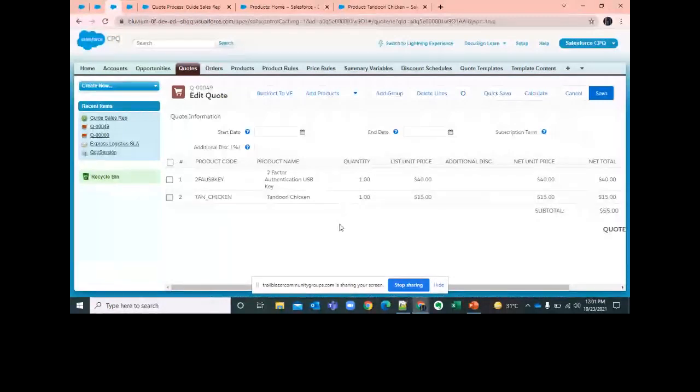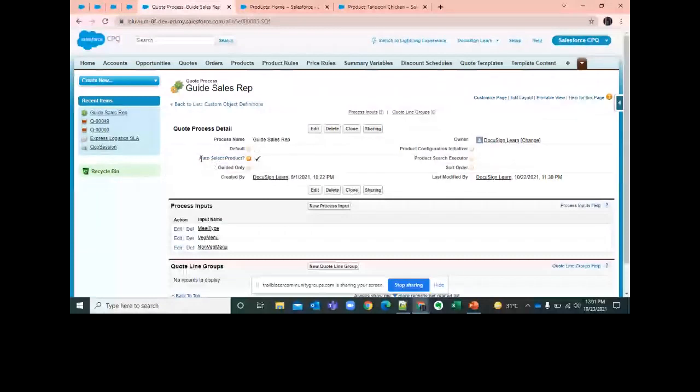But the condition is, when you have auto select product as true, and your guided selling results return a single product, remember only one product, then it automatically selects that product and adds it to your code. If you have multiple products, it won't automatically add those multiple products to the code.